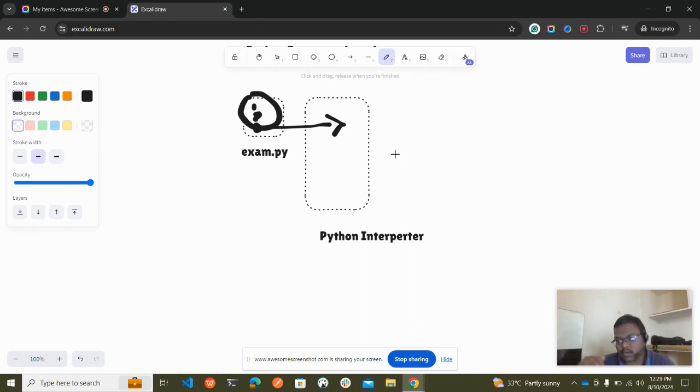That is how they execute. The compiled code is executed directly, but it doesn't show the error where the line is. It creates the executable file first, and after that it shows the error. But with an interpreter, before creating anything, it directly shows the line in which the error is.